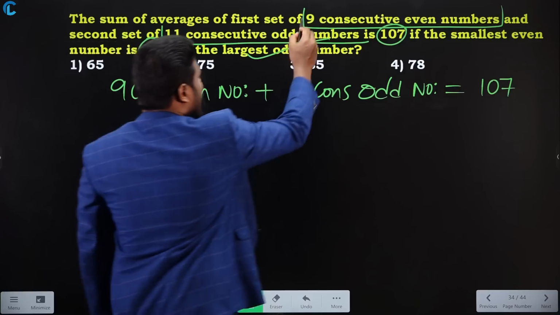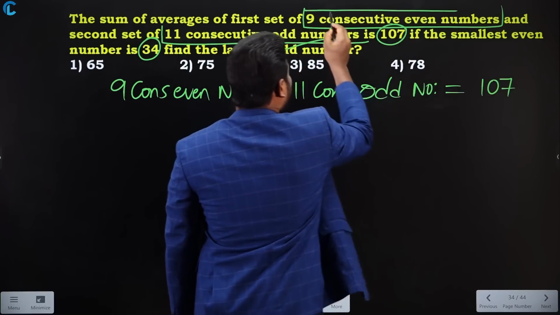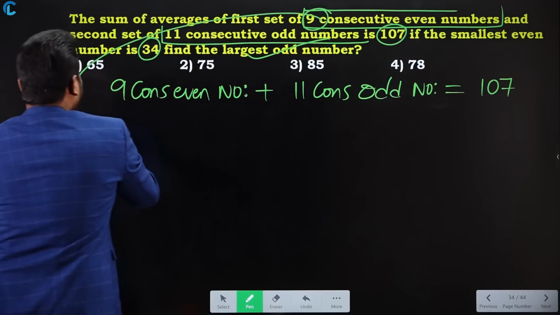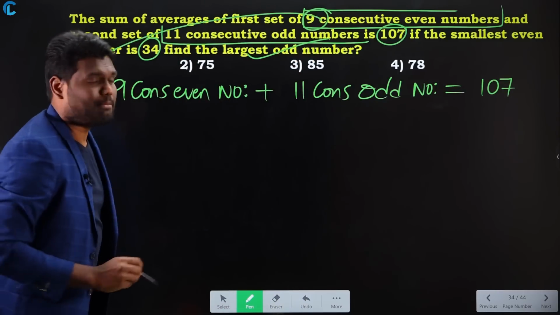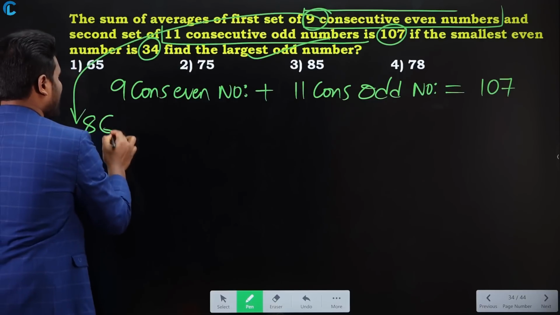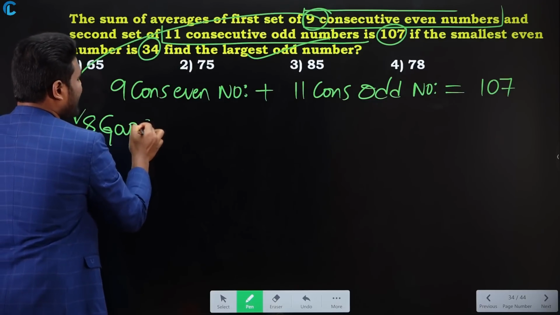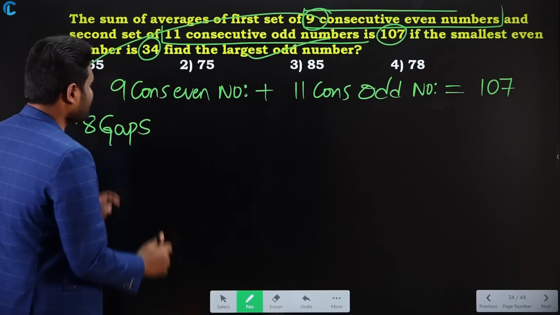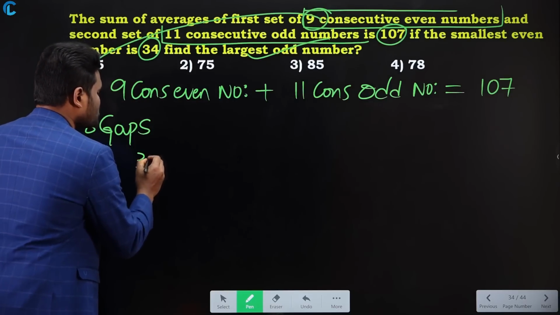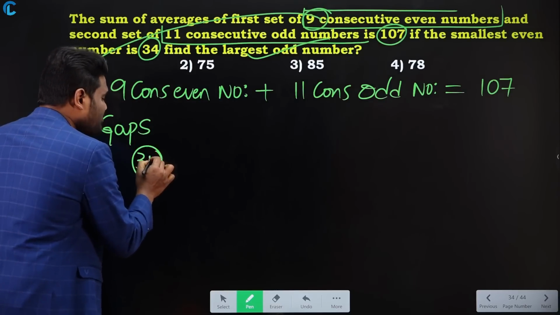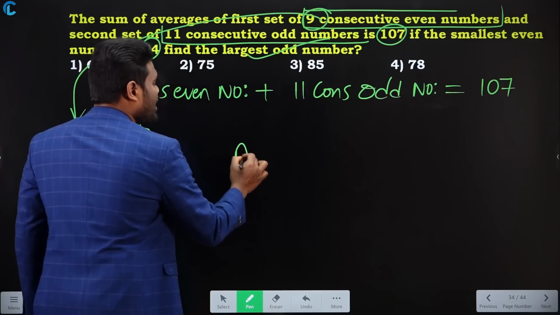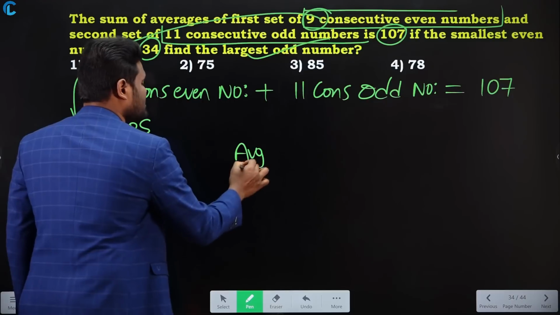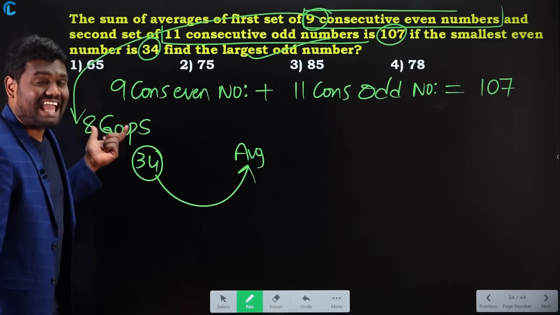If you observe here, how many even numbers do we have? We have 9 consecutive even numbers. For 9 consecutive even numbers, how many gaps will we have? For 9 numbers, you're going to have 8 gaps. Yes or no? This is what we have learned. Now, in this, smallest number is how much? Smallest number is 34. If smallest number is 34, can I say what is the average of these 9 numbers? Average of these 9 numbers is nothing but, as it is 8 gaps,